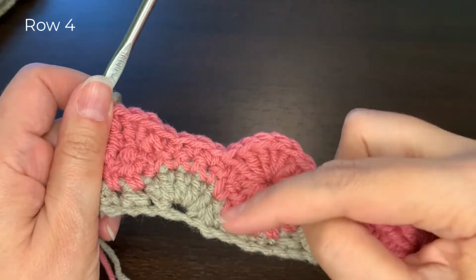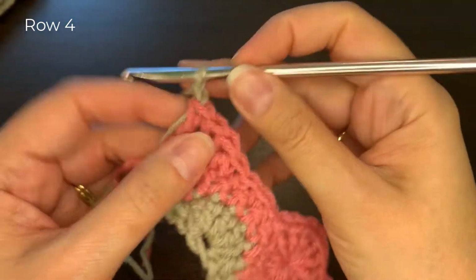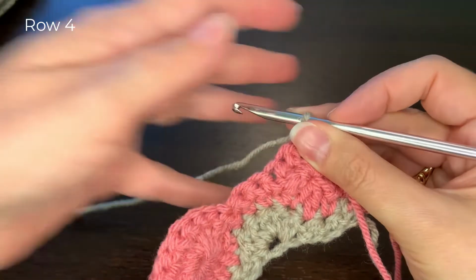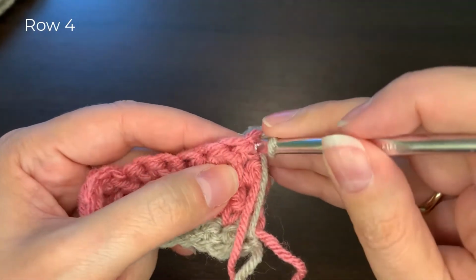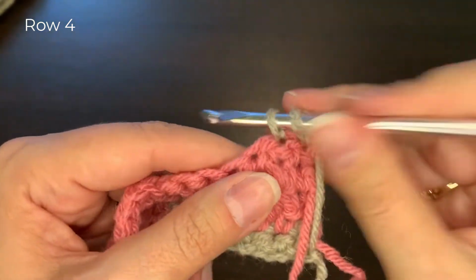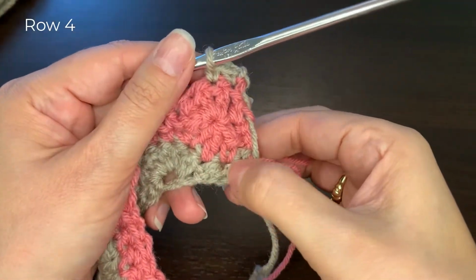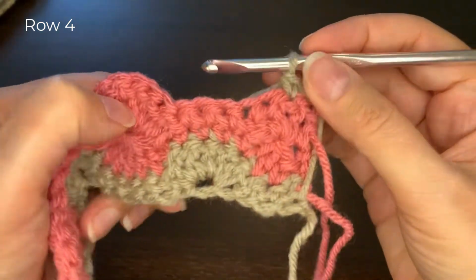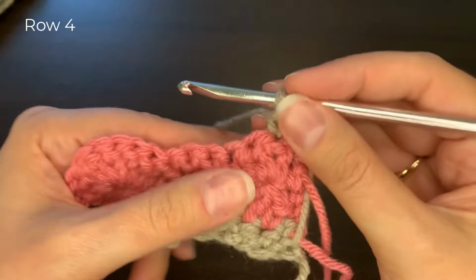Okay, so for row 4, I'm going to chain 1 and turn. So I need to do the 2 single crochets, just like we have at the end of row 1. So we kind of want to match that. And now we need to do a valley. So just like before,